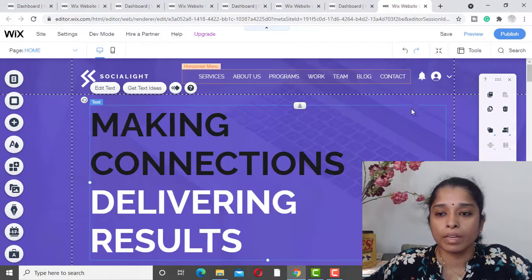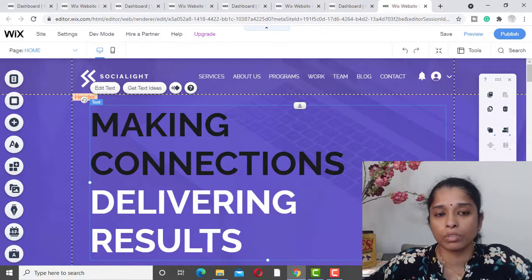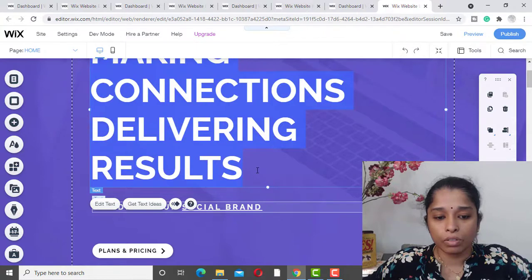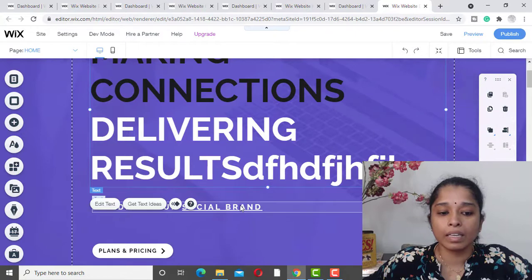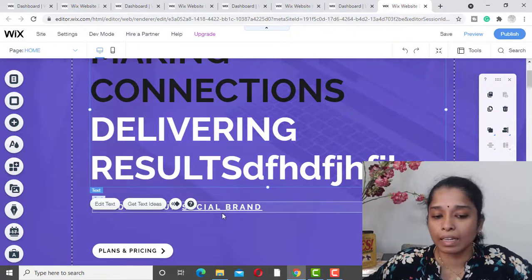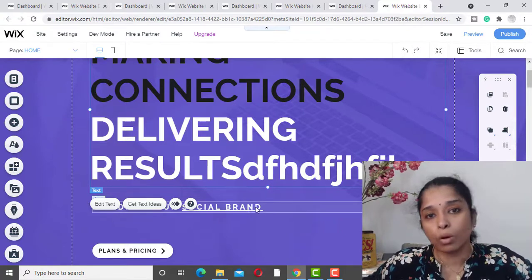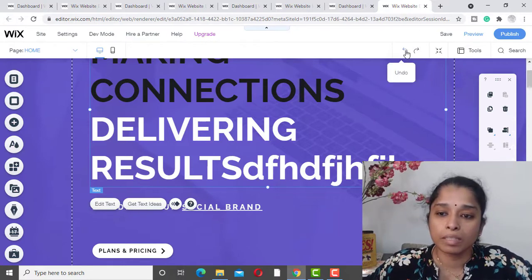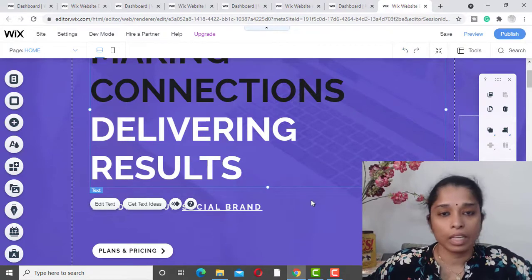I think you will be familiar with this undo and redo, because we have used it in most places, like in documents and Notepad. For example, if you have typed something wrong, or you have assigned a different color, or you have changed the font size, and you want to revert it back to the old settings of the font or old content, you just click the undo button to get reverted back. Okay, that's all. It is easy to get it back.